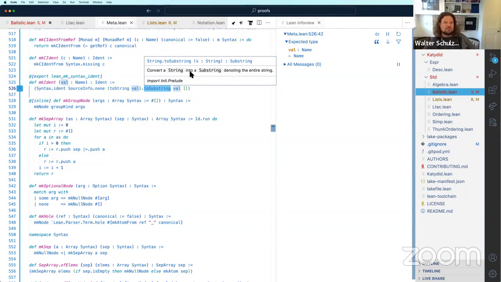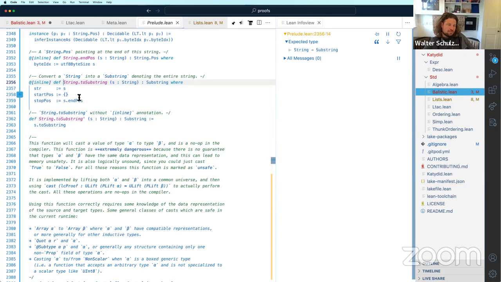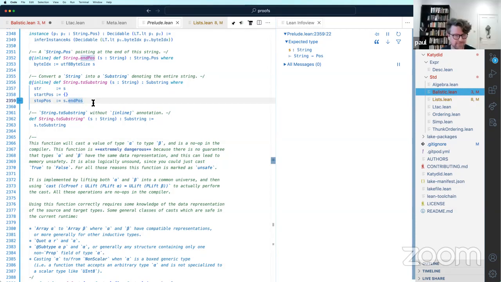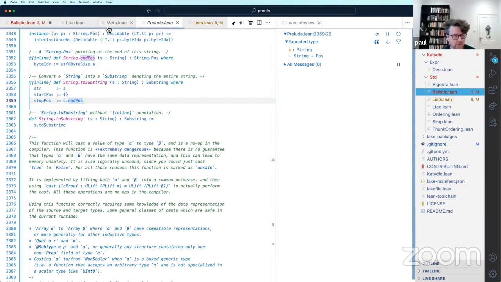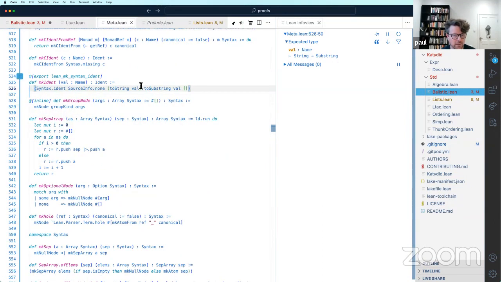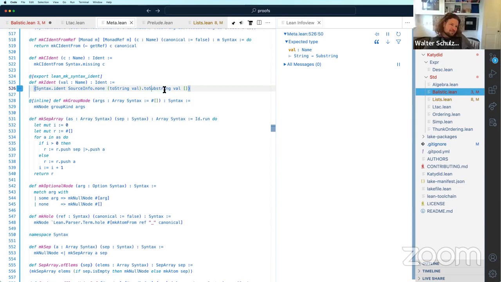Convert a string into a substring. Okay, just makes it more efficient to slice. I don't know. Yeah, but it's not.